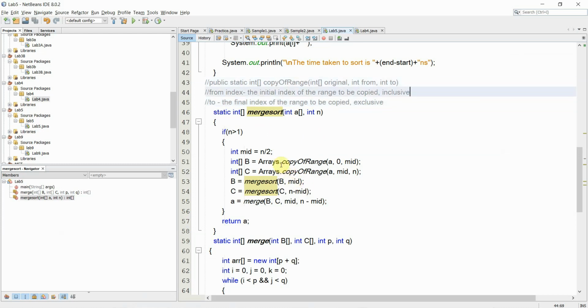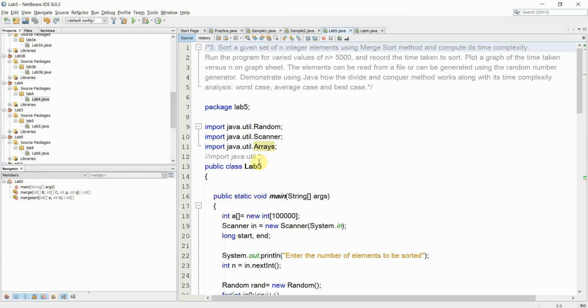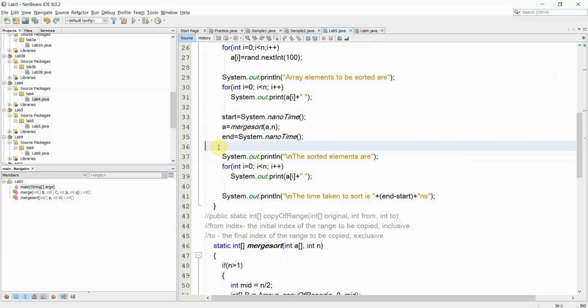This method is Arrays.copyOfRange, for which we need the Arrays utility class, and hence initially I have imported java.util.Arrays. java.util.Random is for generating the random numbers, Scanner is for scanning the integer, the size of the array. Similarly util.Arrays is for array functionalities, so that now I can use the methods available in the Arrays class.